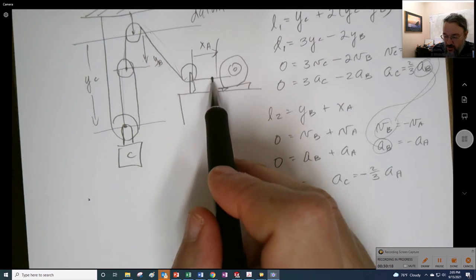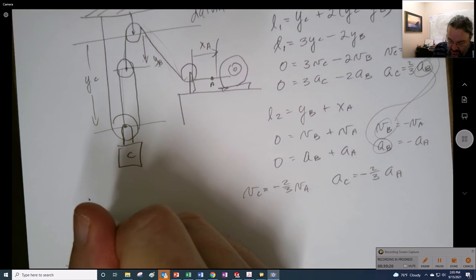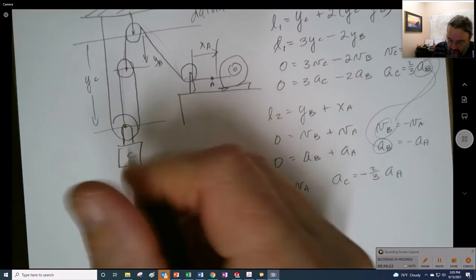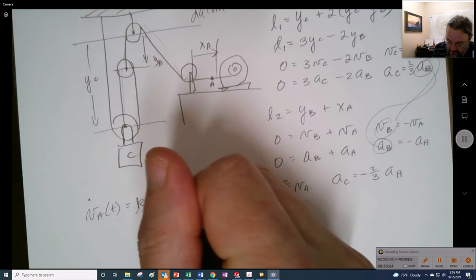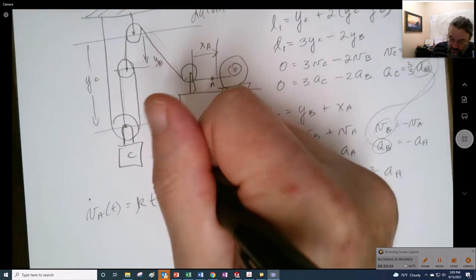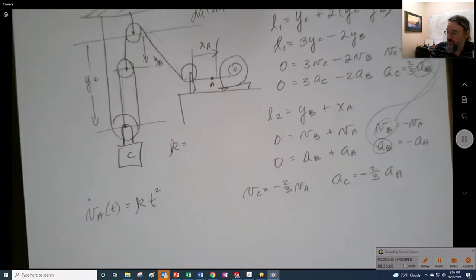But we know that vA is a function of time, which is going to be k times t squared, right? And the k that I used for mine, and let me pause this a second and get my